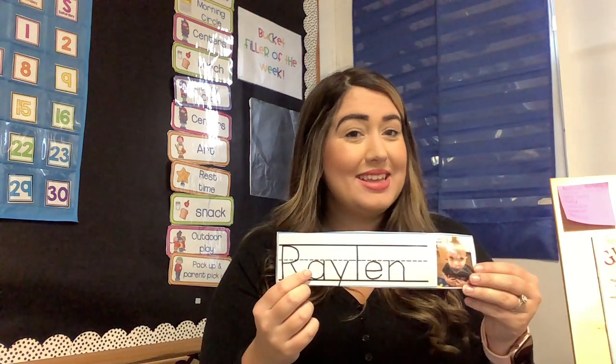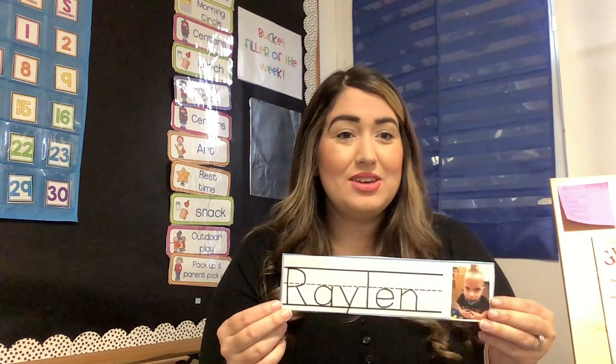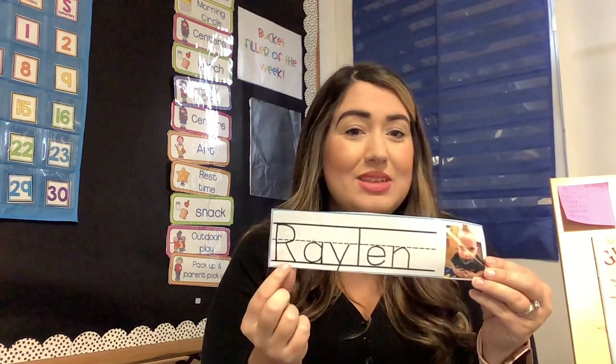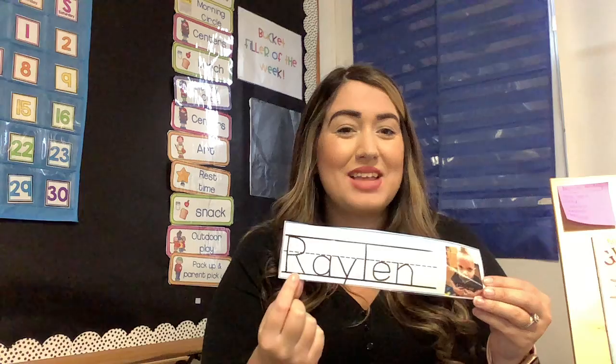Good morning to you, and how do you do? Good morning, Arabella. Good morning to you. What letter is this? The letter A, just like Autumn and Adriana. Good morning, Arabella. Good morning to you, and how do you do? Good morning to Raylan. Good morning to you. Good morning, Raylan. What's this letter? I'll give you a hint. You and I have the same first letter of our name. It's the letter R.